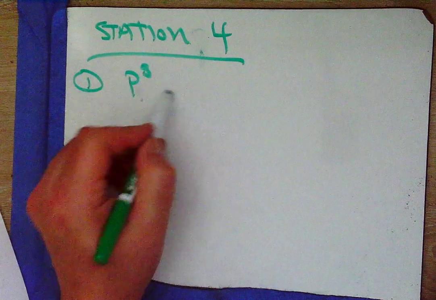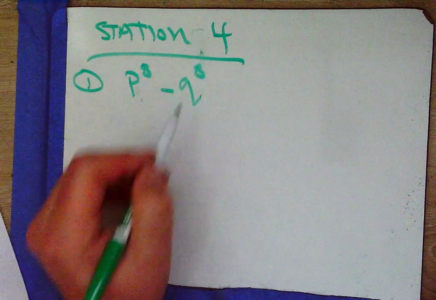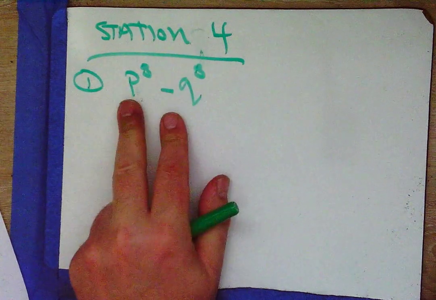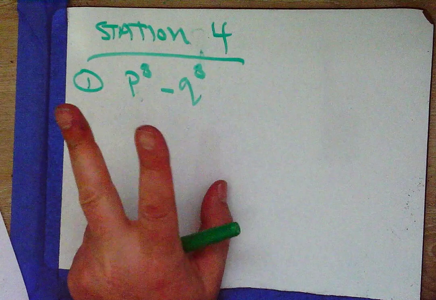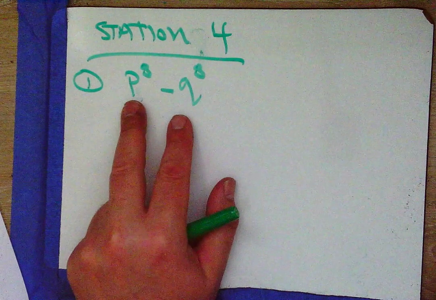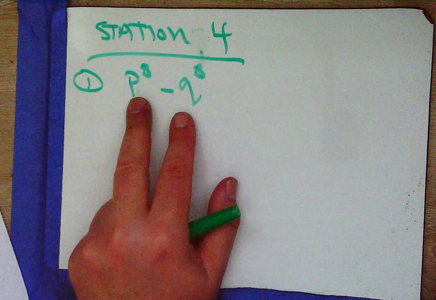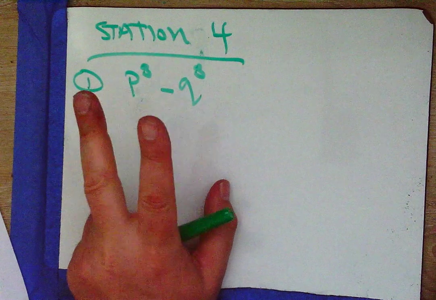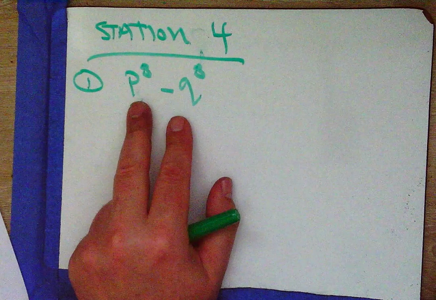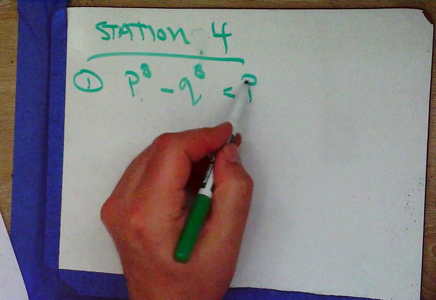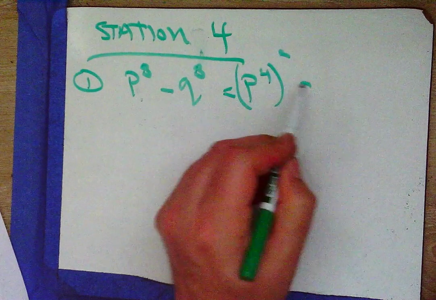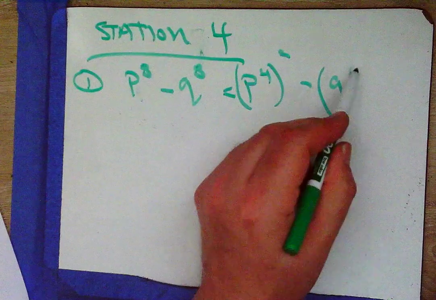We've got p to the 8th minus q to the 8th. I hope you thought, oh, 2 terms. Is there any GCF factoring? No. Is this a difference of cubes? No. Is this a difference of squares? Yes, it is. So I can think of this as p to the 4th squared minus q to the 4th